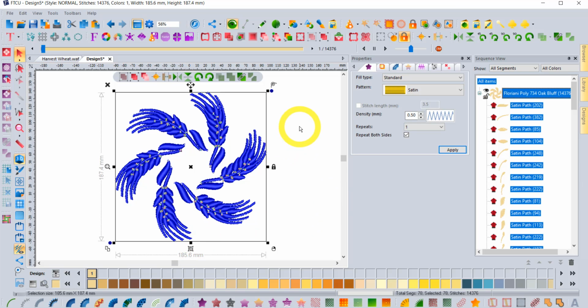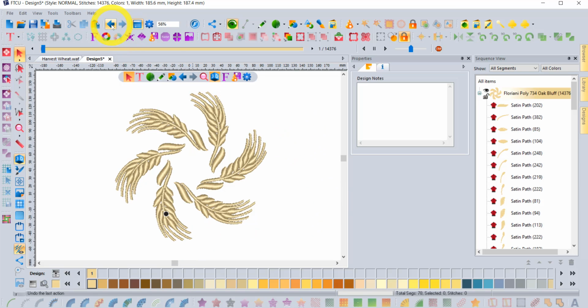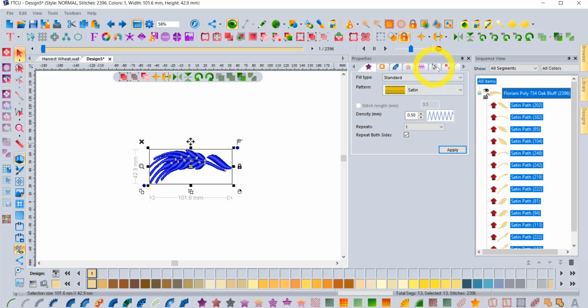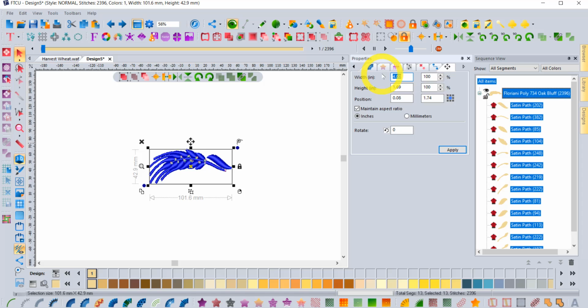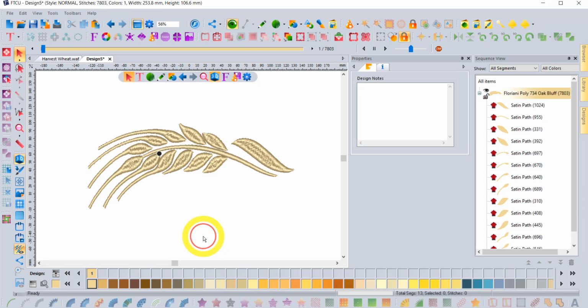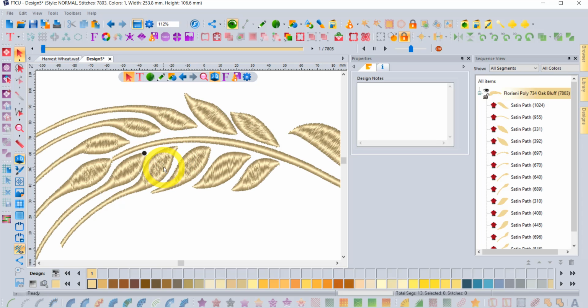But while we're talking about size changes, you could also go the opposite way, right? And so I'm just going to undo that. Select this and say, what if we were making it bigger instead of smaller? And it's really the same kind of questions that you run into, which is, at this new size, are the stitch types that were used still appropriate? And now on this one, I noticed that because it was a satin with splits, it still looks pretty good,